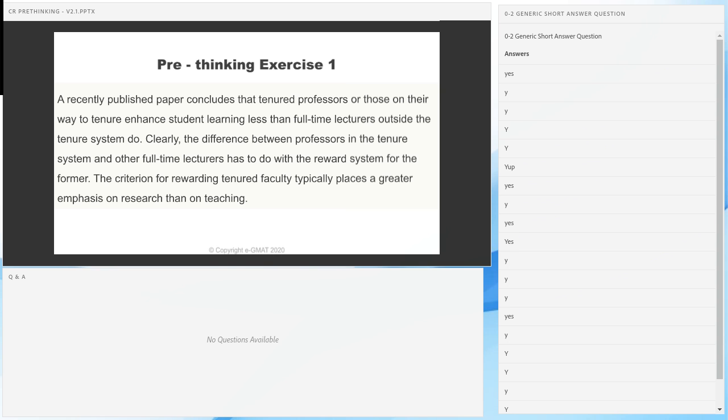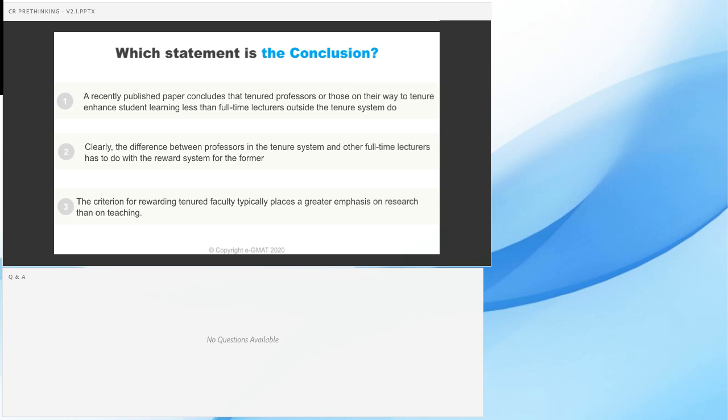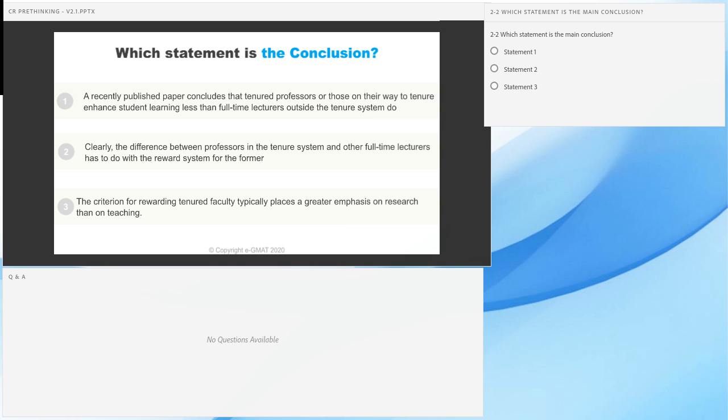All right, so this is our argument. I want you to tell me which statement over here is the main conclusion. I'm going to give you three statements here: Statement 1, 2, and 3. I want you to tell me which statement, according to you, is the main conclusion. I have 90 students here. I want at least 50 responses. Which statement is the main conclusion?